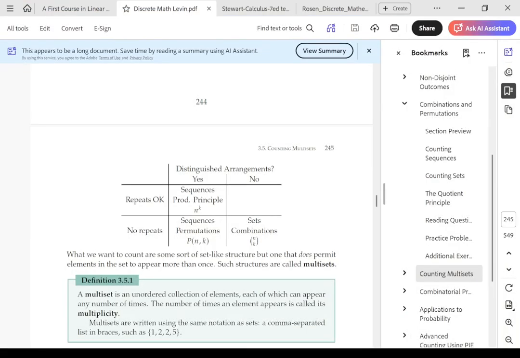Okay, so up to now, let me switch over here to the textbook. This is a nice summary of what we've done so far in terms of what we have been counting. If we see this table here, the top row, we have distinguished arrangements, and that just means, for example, like if we had